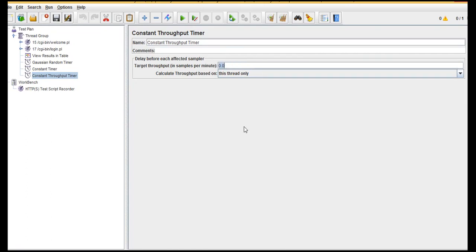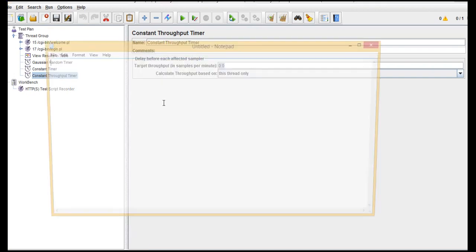Basically, are you clear on what throughput is? It's kind of how many samples or how many bytes it's returning per minute. So we say throughput may be measured in terms of bytes or requests or anything. It's like how many requests we are getting from the server per minute. That is what we are trying to tell here, target throughput. So okay, let me take you through one real-time example. Wait, I'll open my notepad.